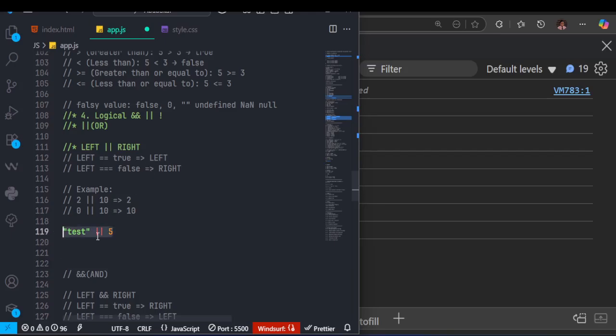This was the answer for this one now. Which one is it going to return here? It's going to return 5. There is no way it will return 5. What is going to return here is test. Okay, test. Why? I told you this one, when you convert it to Boolean, there's no way this one will